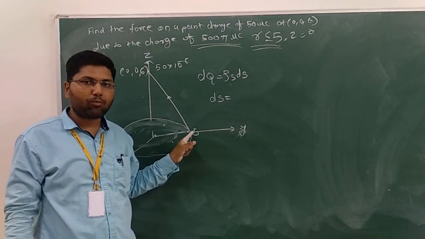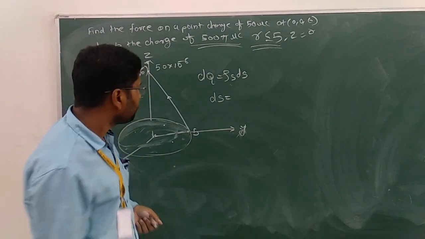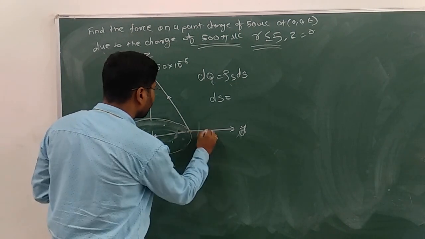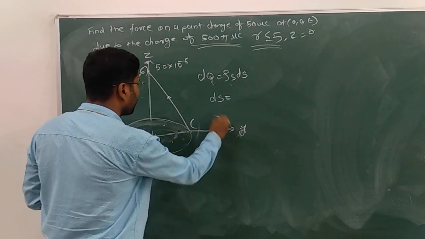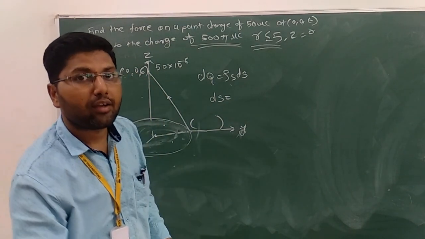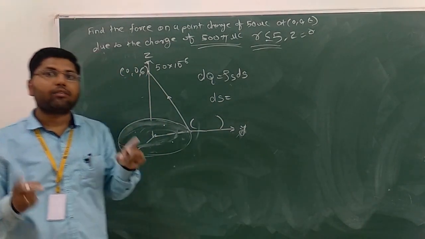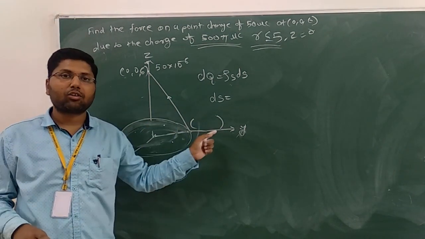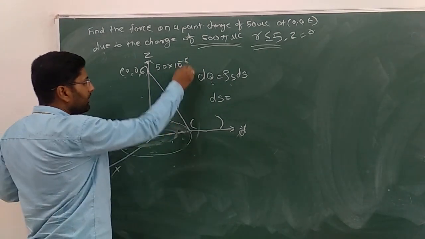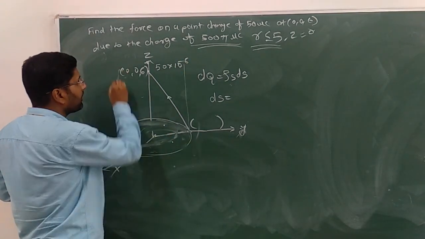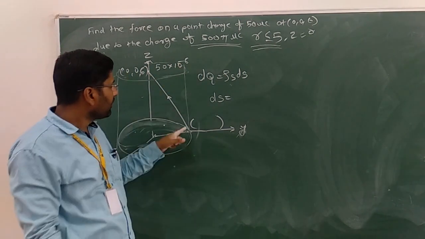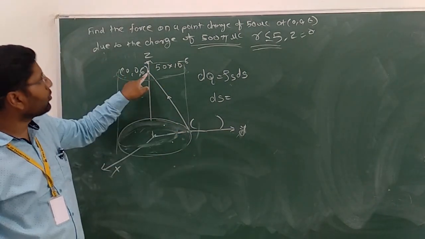I am taking only one point, and I will require the coordinates of these 2 points. I do have the coordinates of this, but I require them in which coordinate system? I will require the cylindrical coordinate system. So this is the base part of the cylindrical system, and imagine this is the cylinder. We have to find out the force from this point to this point.